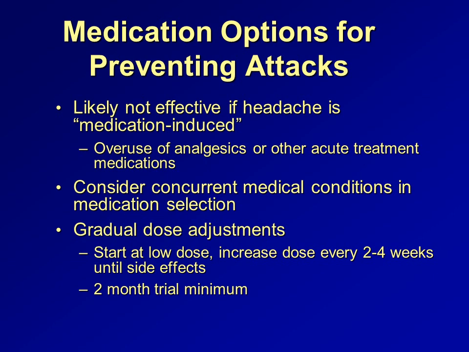If the headache is determined to be a medication-induced headache occurring as a result of the overuse of analgesic medications, ergotamines, or other medications for the acute treatment of headaches, then it is unlikely that a preventative medication would be effective. The effective treatment here is to break the medication overuse cycle. If a patient is appropriate for preventative treatment, then, as we talked about previously, concurrent medical conditions may need to be considered in medication selection, as many of the medications may be useful or avoided in certain medical conditions. Side effects and adverse events must also be considered.